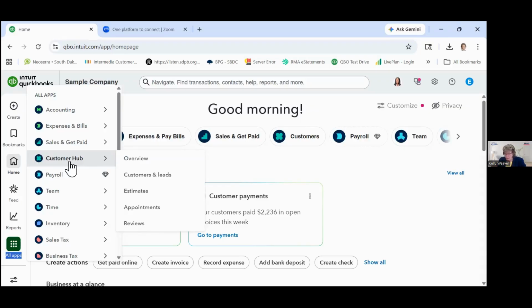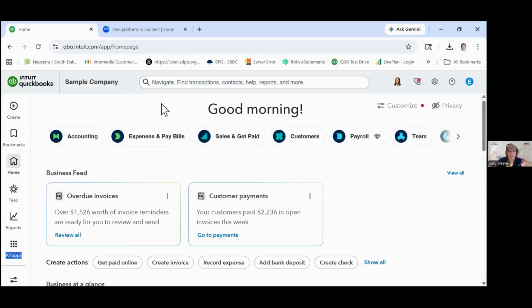Let's see. So I want to start and talk a little bit about the structure of QuickBooks and how you get around. That seems, especially for people that are navigating to this for the first time or coming over from a desktop platform, like, okay, there's a lot going on here. How do I get around? And I will speak this out loud up front. It continues to change, and it has changed a lot in the last probably 6 months.